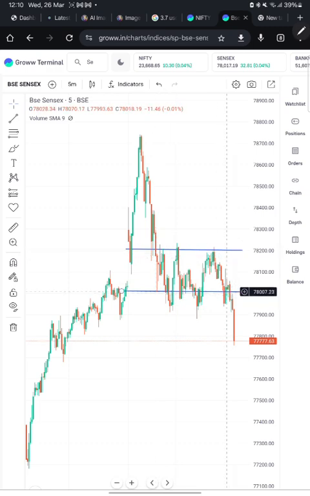But what happened after a strong downforce here? So this line is called a resistance and this line is called a support. As I told you, if the line is above, it's called a resistance. If the line is below, it's called a support. So the support got